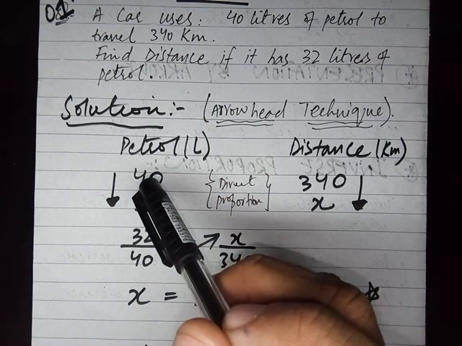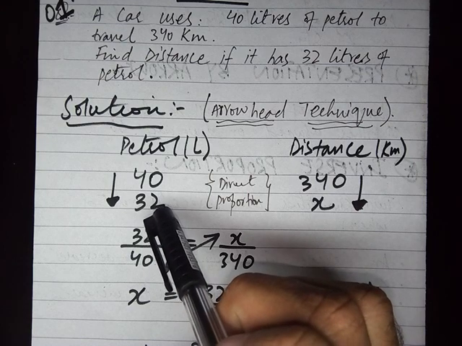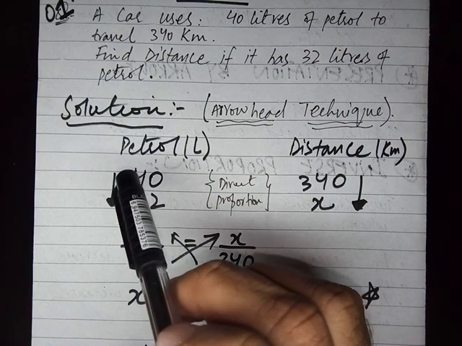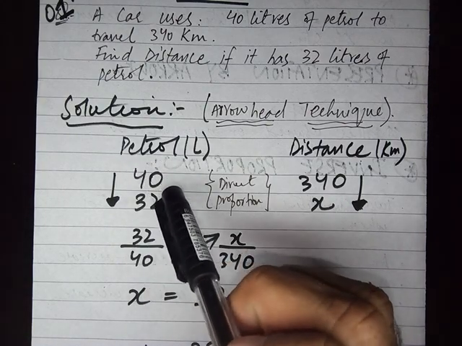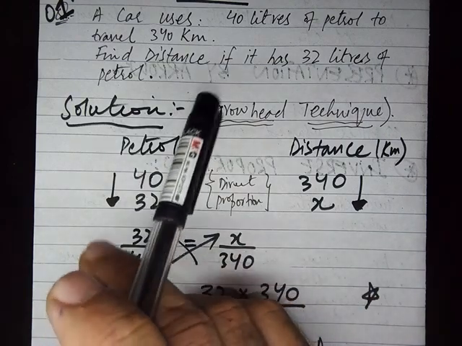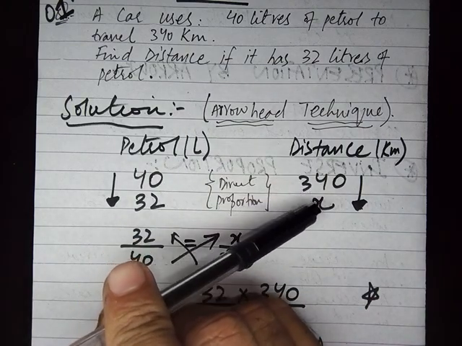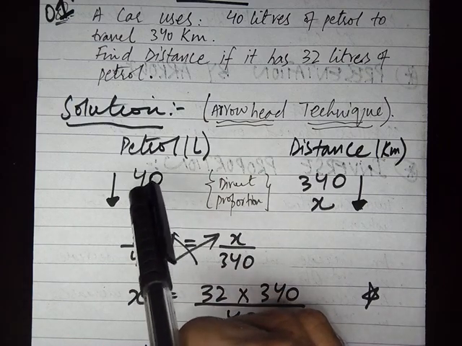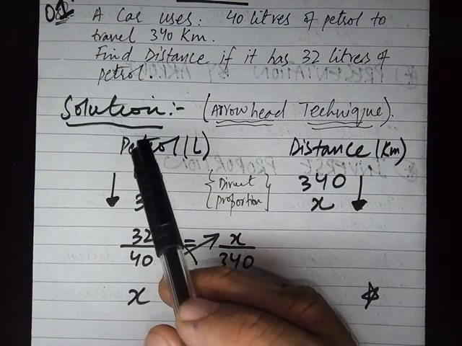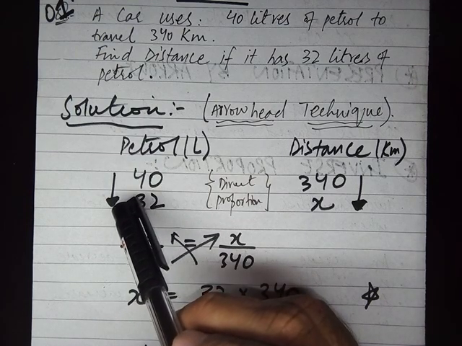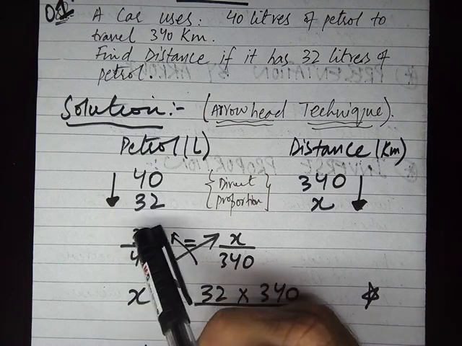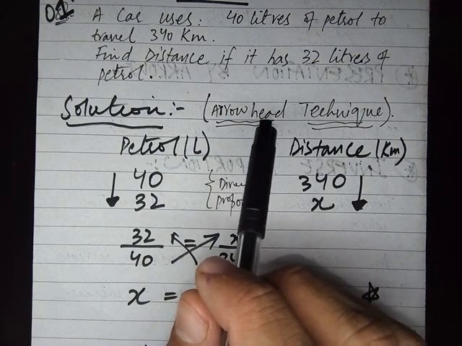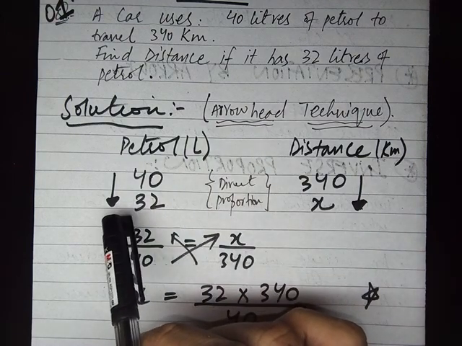So when I fill the columns according to the given criteria, it's time to place the arrows. I know that the quantity of petrol is decreasing, so definitely the distance will decrease as compared to 340 because of this petrol. So after placing the arrows, I will make a relationship between these two quantities with the help of the arrowhead technique, right? So as you are seeing that